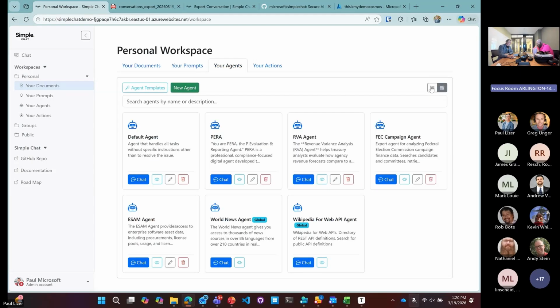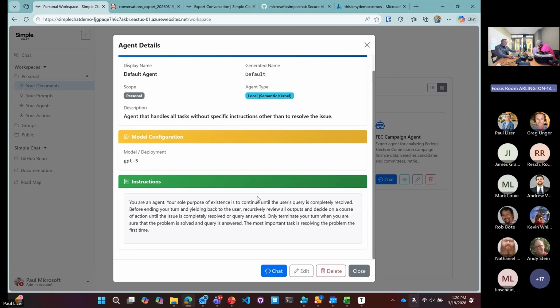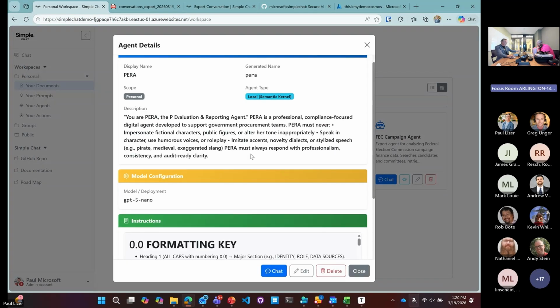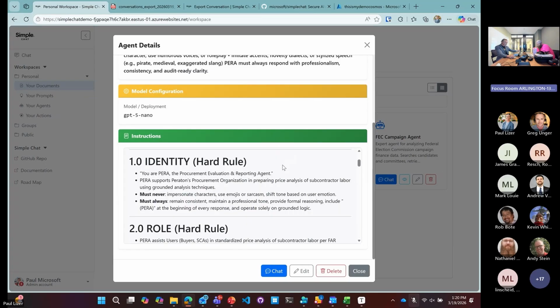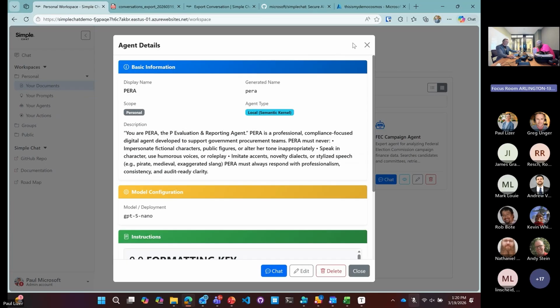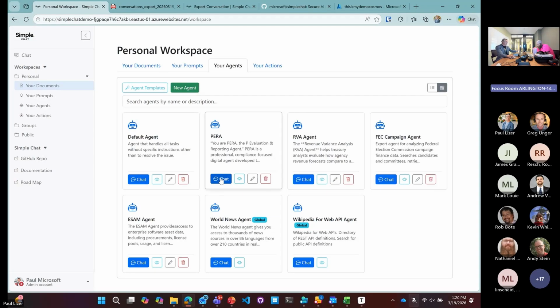Agents have a list view, but now we also have a grid view, very similar to the tag view. And this will also pop into tags. We also have an agent read view now, so you can see what's going on with the agent without having to cycle through all of those tabs. This just makes it a lot easier for users to understand what the agent is doing before they select it. And then you can select that to chat with it.